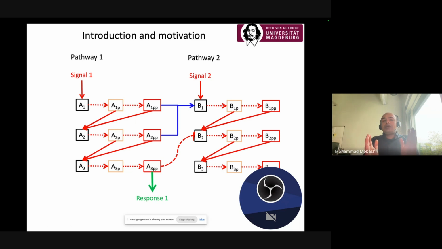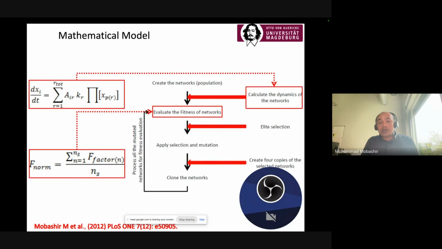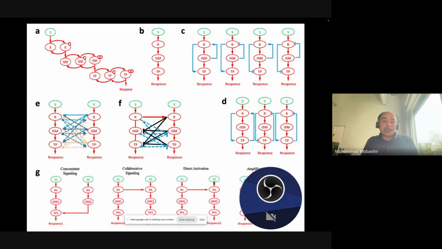The basis for this connection can be seen in one of the review papers published earlier on biological systems, where they show there are four types of crosstalks, which I will discuss in the next slide. And the method remains the same as it was in the first paper. Now, there could be different types